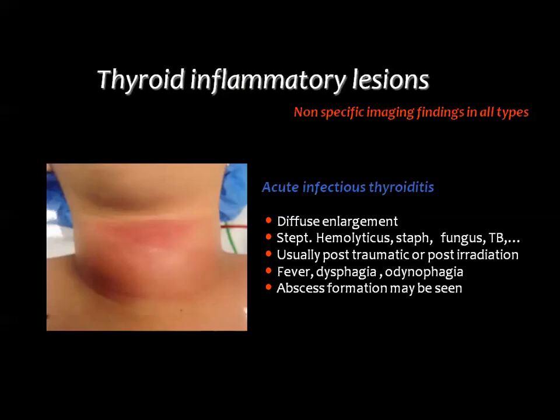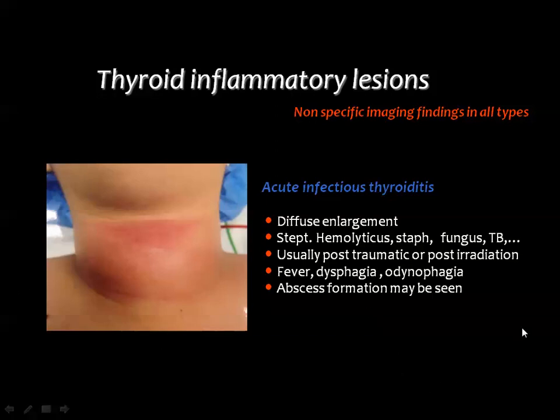Then thyroid inflammatory lesions have been discussed in the topic of imaging of the thyroid and parathyroid gland. And you remember that the imaging findings in all types of thyroid inflammation are non-specific. The findings may be in the form of enlargement of the gland or enlargement of the affected lobe with heterogeneous enhancement, and this is seen in many of the lesions that can affect the thyroid